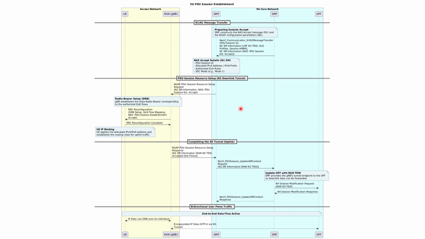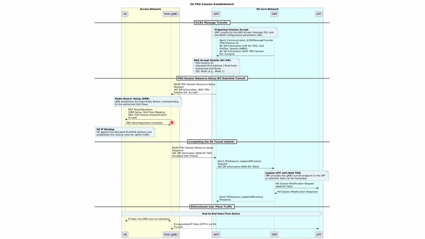Then the DRB, the data radio bearer, should be created for that flow. For that, the RRC connection message flows from the gNodeB to the UE, and it contains the DRB setup and QoS flow mapping. Inside NAS as well, the PDU session establishment accept that it is getting from AMF,